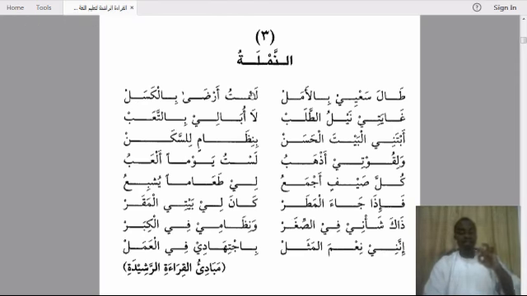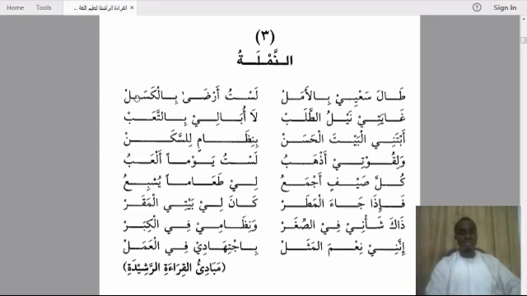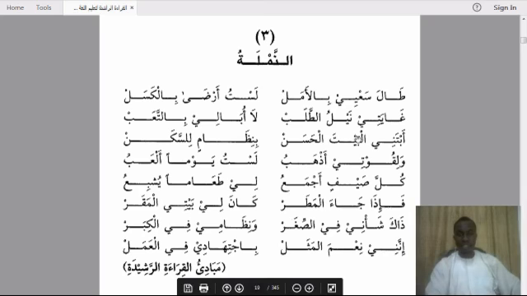Now Ajz means back. When we say Ajz, we mean the back of something. This part is the back, which is the ending part of the poem. That is what we mean. If you stand, the front is the Sadr, the back is the Ajz in the poem. And the whole theme of this Sadr, first part here, is what we call